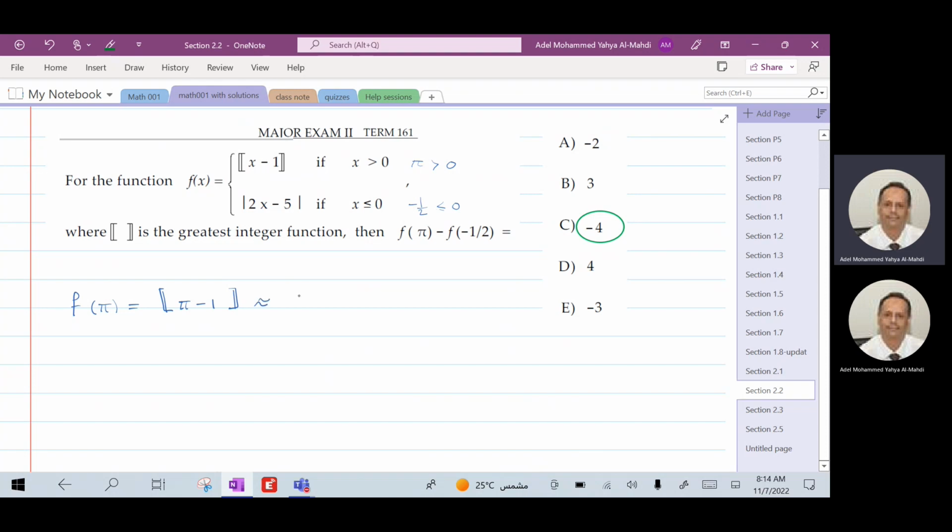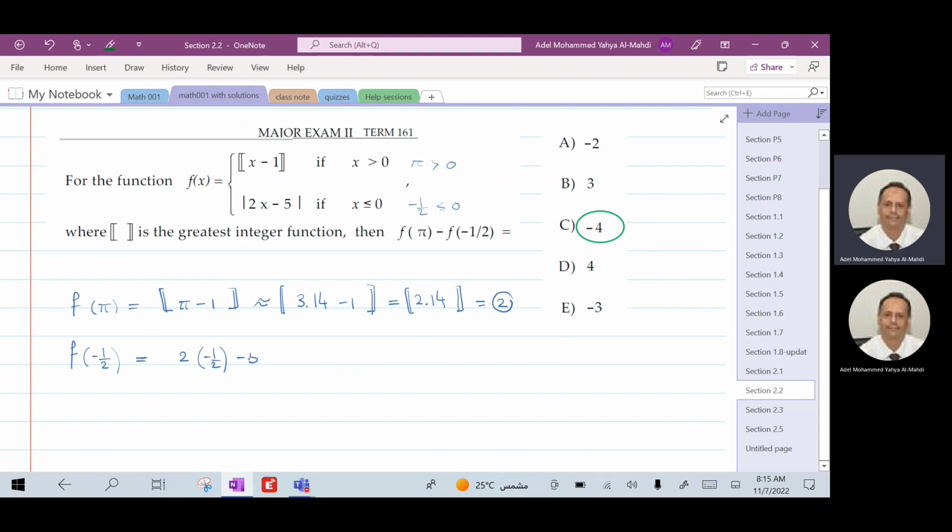This can be approximated by 3.14 minus 1, and the greatest integer of 2.14 is 2. Now for f at minus half, we replace every x by minus half, so it will be 2 times minus